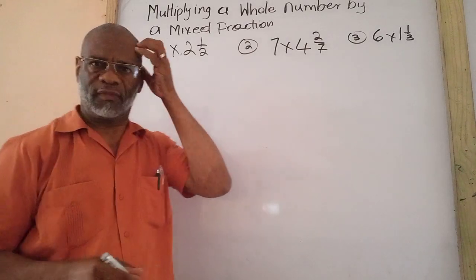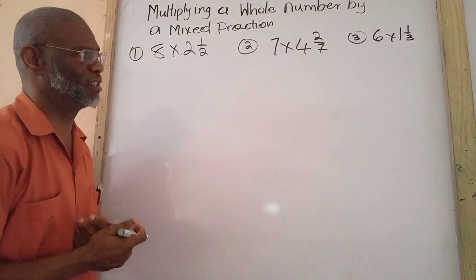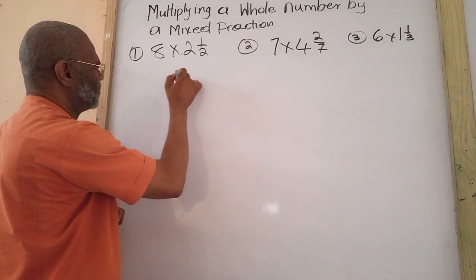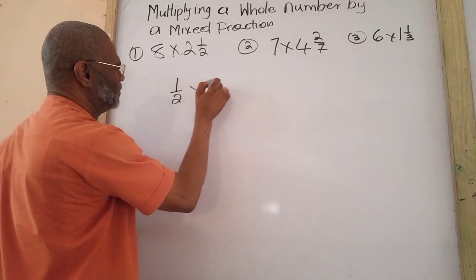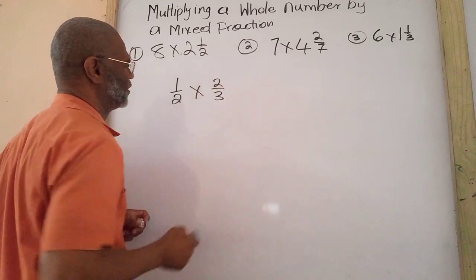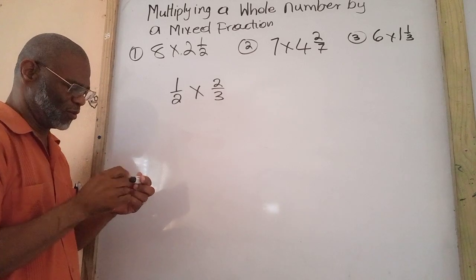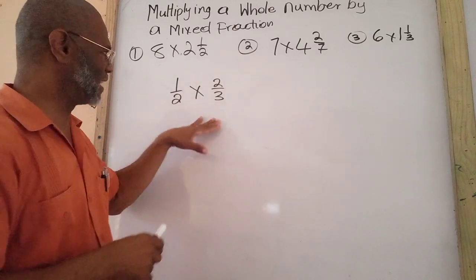Now, let's say we are multiplying two fractions. Right? Two fractions we have. So we have 1/2 times 2/3. Good? So we have 1/2 times 2/3. Now, when we are multiplying two fractions like this,